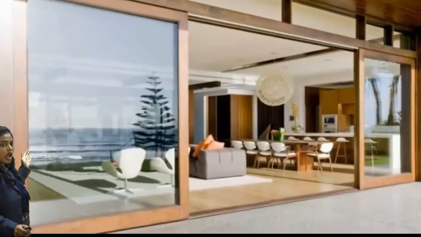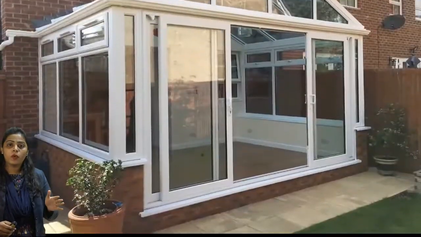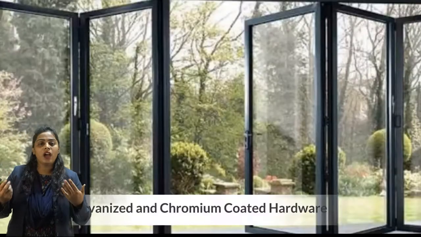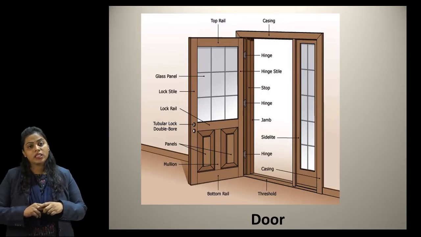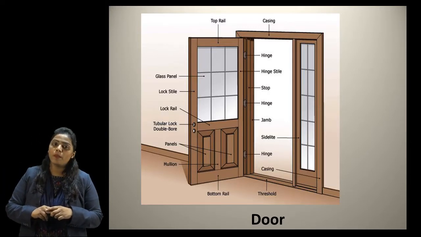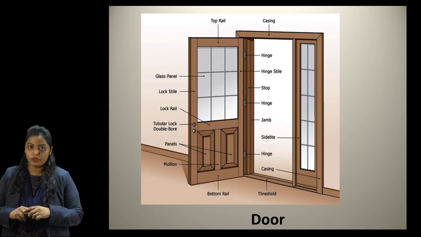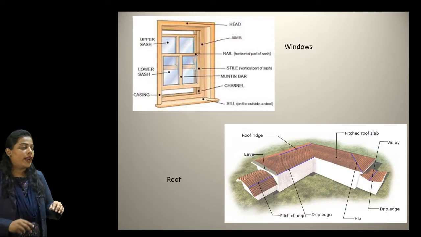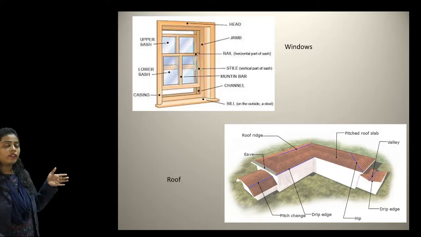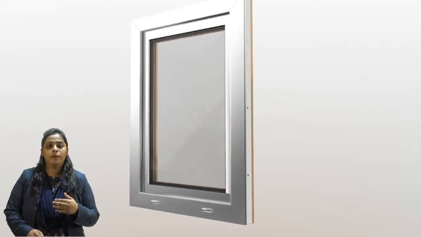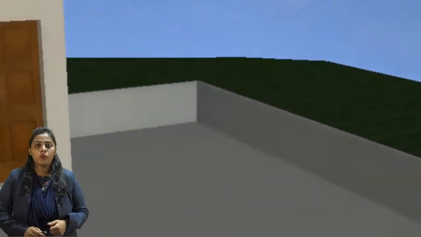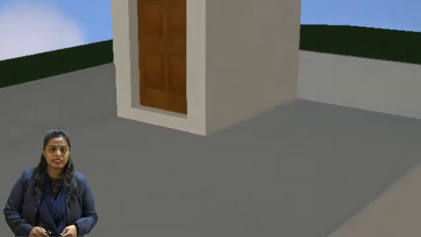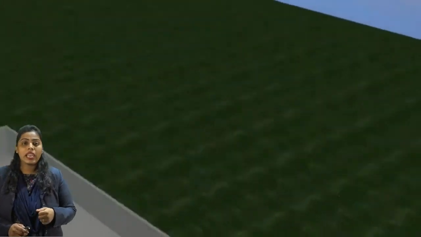Doors. Doors are used for the free movement of the occupants in and out of the house. The outer doors are a means of isolating the house from the surroundings from a privacy and security point of view. Windows. Windows are provided for the admission of light and free circulation of air into the building. Floor. It provides good resistance to wear and tear occurring due to its daily use. It provides a level surface for comfortable movement.